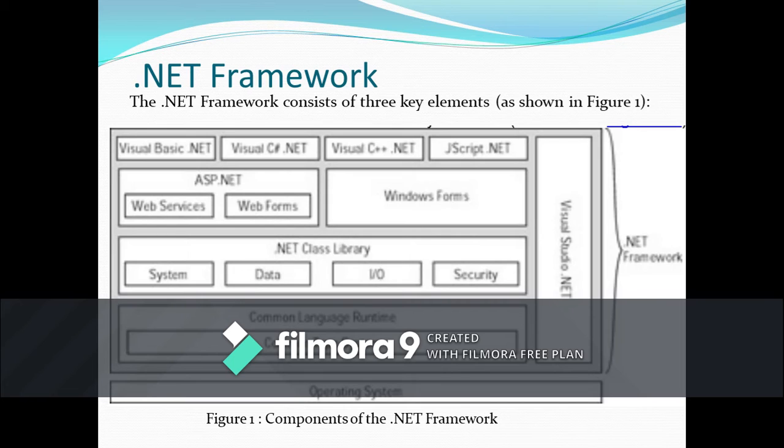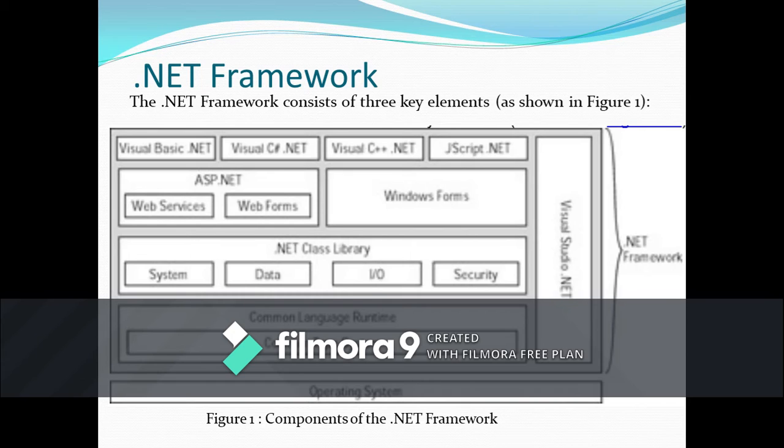On top of the common language runtime is the .NET class library. This class library provides the namespaces and classes support. The main four classes are System, Data, IO, and Security. And above that, ASP.NET is used for developing websites, web services, and web forms, or Windows forms.